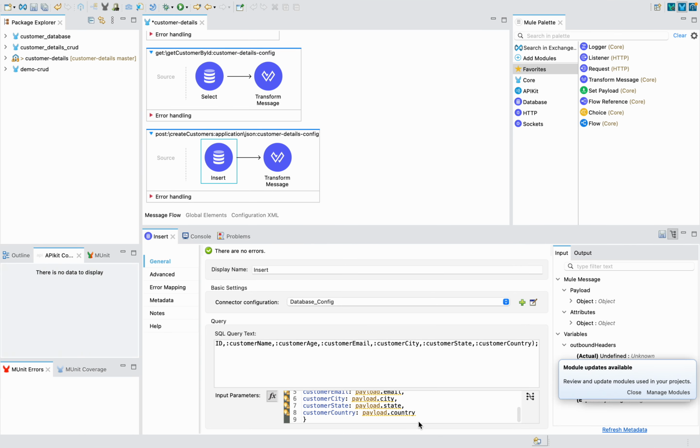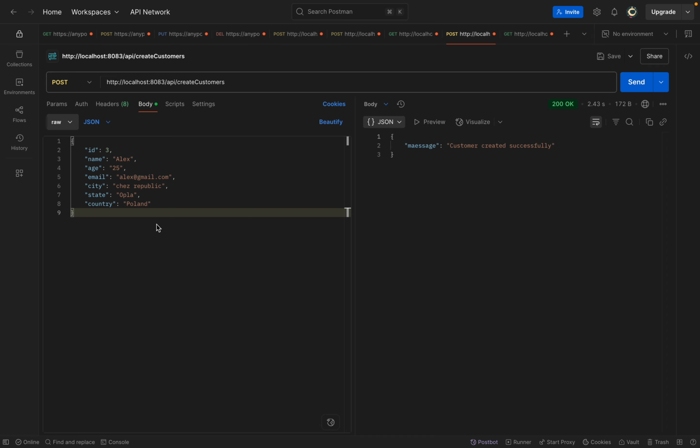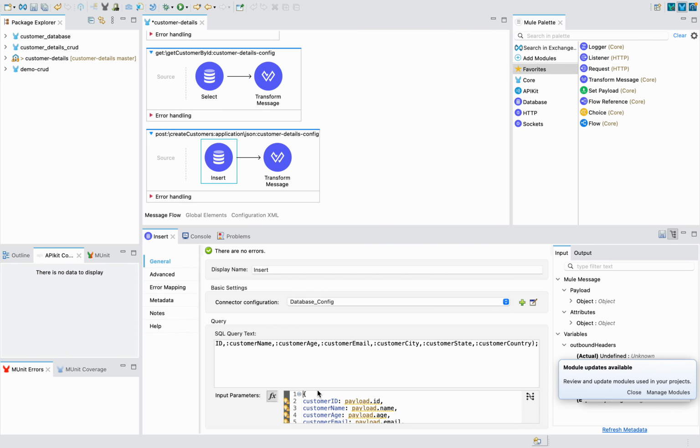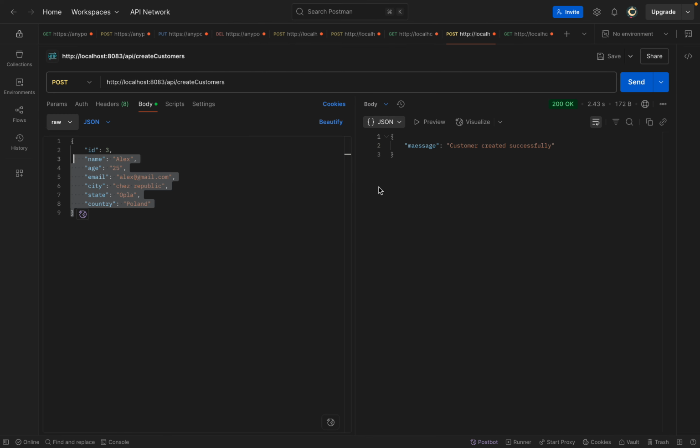Yeah, and we are getting the input parameters from the payload, like we are mapping them here, right? Payload dot id from the Postman here. If we go to this place, see here, we are mapping these fields here in our Anypoint Studio, all these details. So now let me just go to this place, and